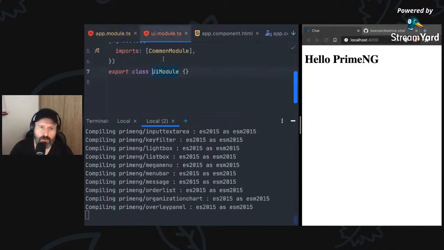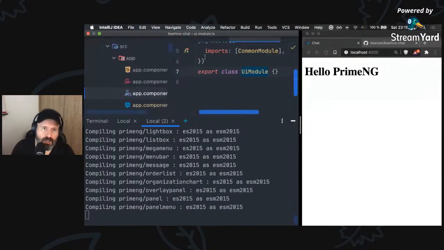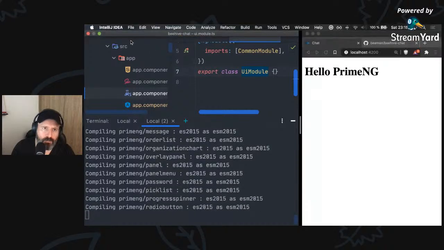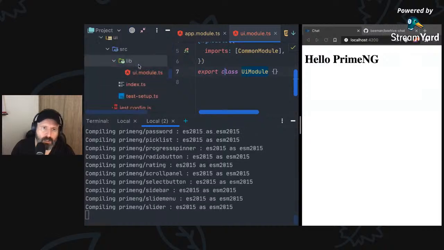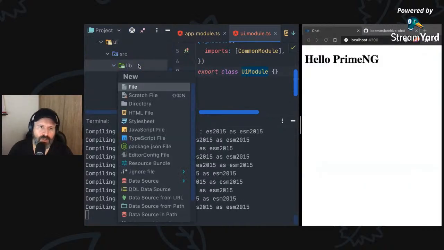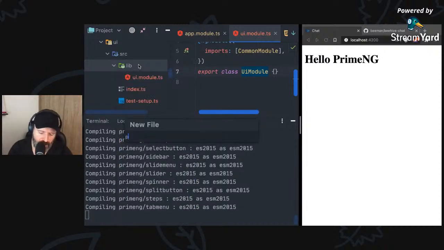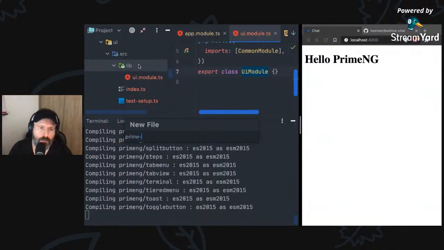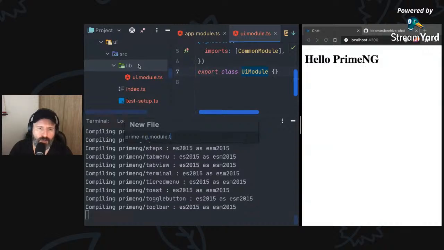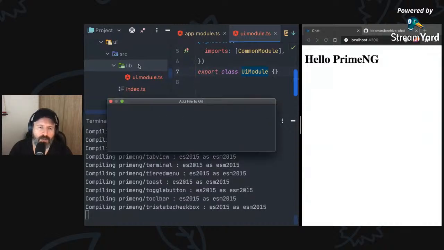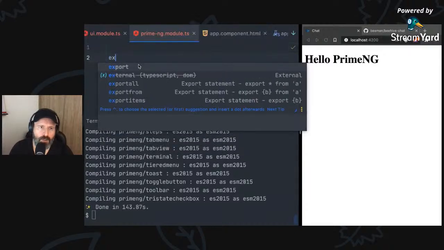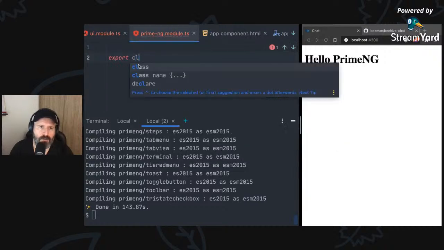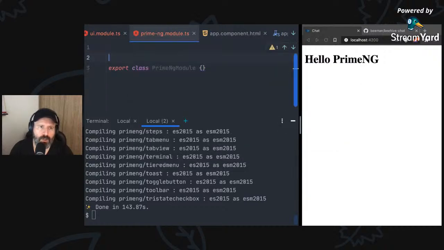Okay, UI module. And inside my UI module, what I'm going to do there is add a PrimeNG module. So I'm just going to say new file prime-ng.module.ts. And from here we're going to say export class PrimeNG module, and we're going to decorate it with the ng module